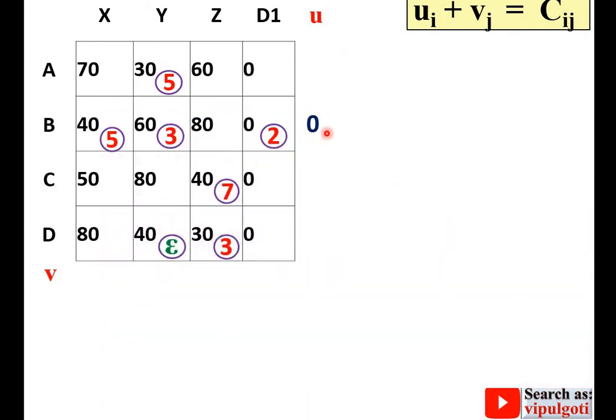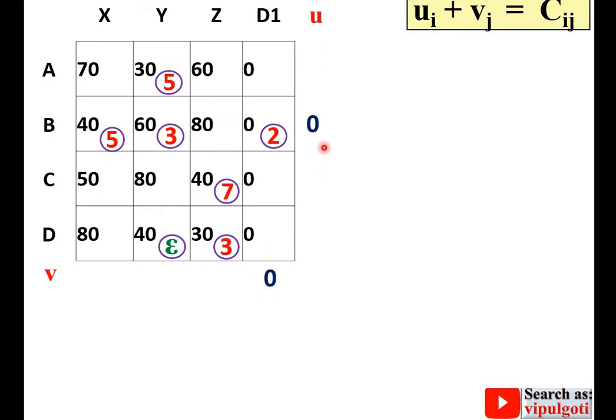And that also we have discussed in earlier videos of the MODI method. So if you want to see it in detail, you can refer to my earlier videos of the modified distribution method. So here this is an allocated cell. So you can put the corner of this arrow on the allocated cell over here, so that Ui plus Vj must be equal to Cij. So it will be 0.